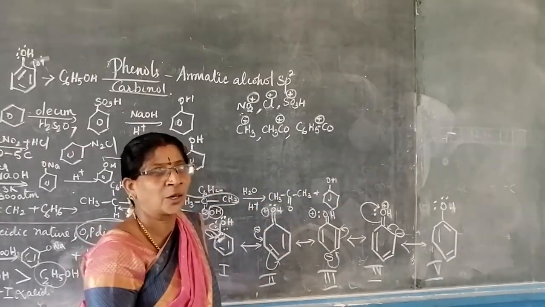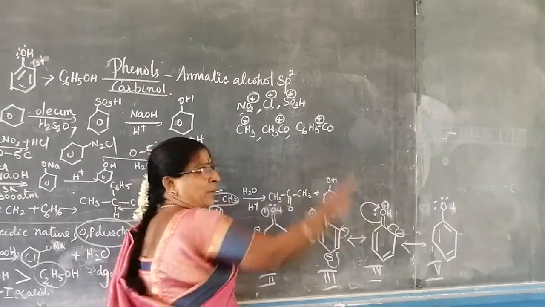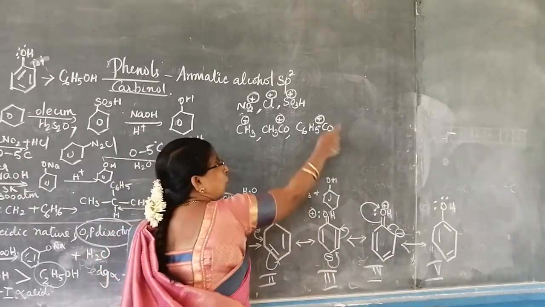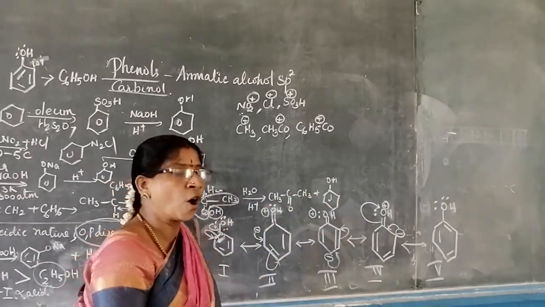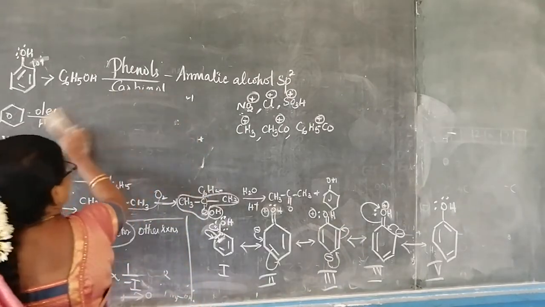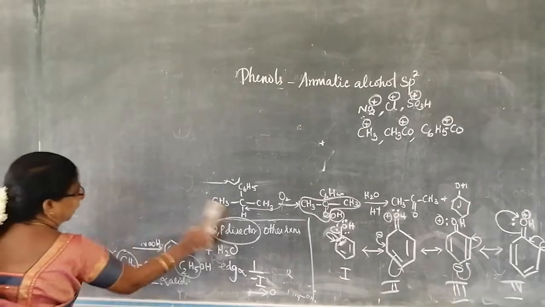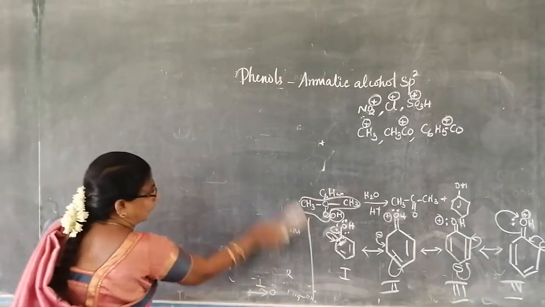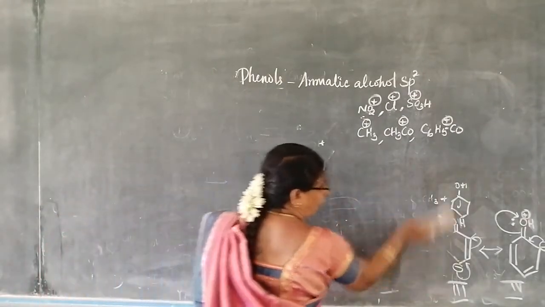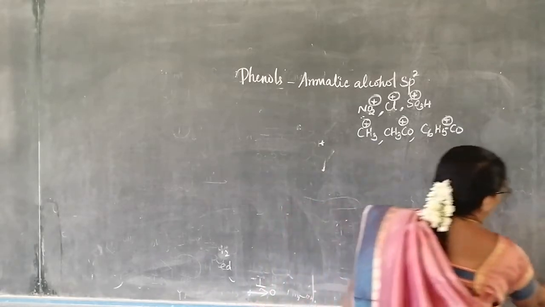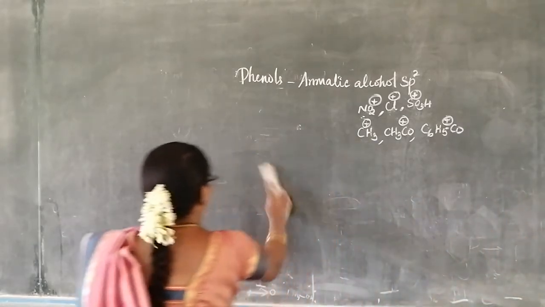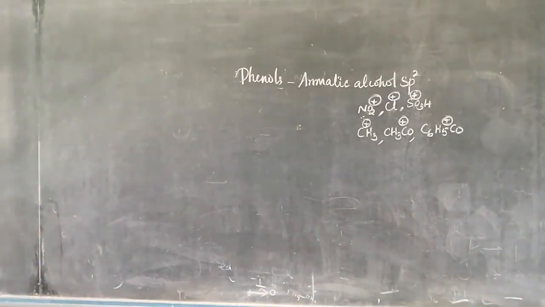C6H5COCl, benzoyl chloride with anhydrous aluminum chloride, is a benzoylating agent. All these we have studied last year in the 11th class itself. I will make a chart, then you will be able to understand quickly how phenol undergoes electrophilic substitution reactions. Let us see the table.